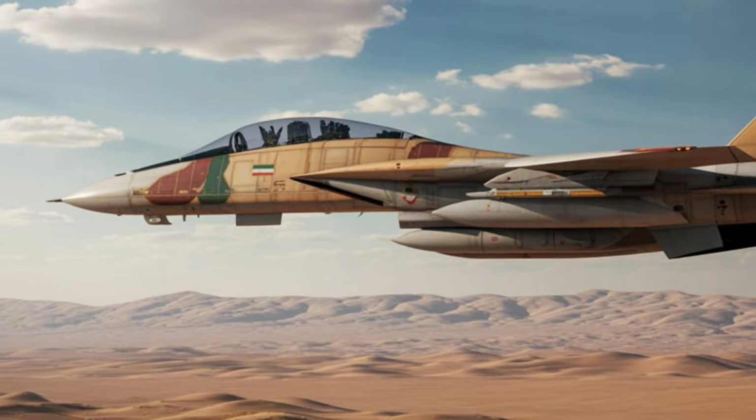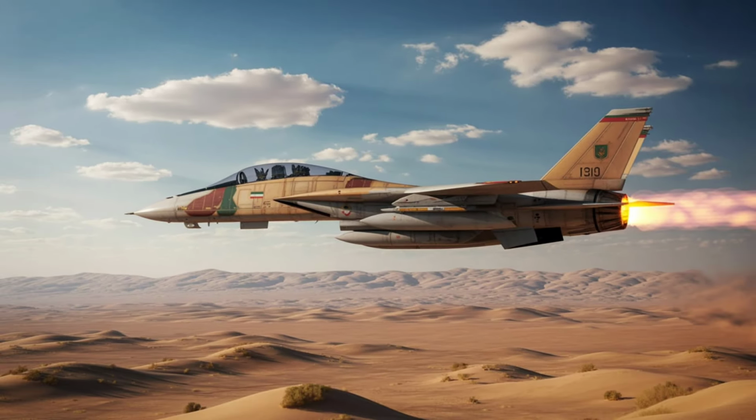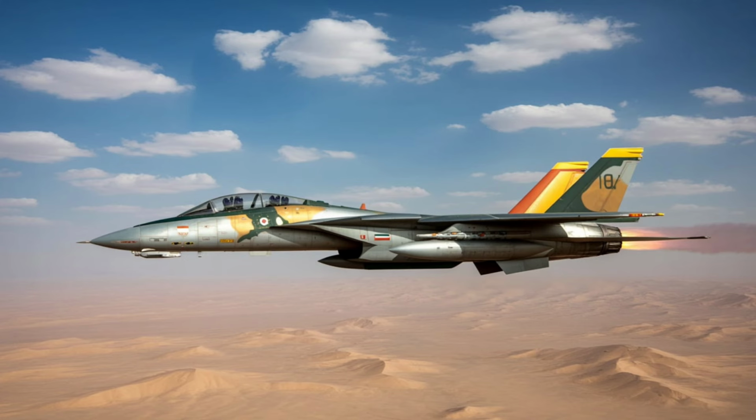The aircraft's shape is a masterpiece of Cold War engineering. Its swept-back wings, controlled by a variable geometry mechanism, allow it to adjust aerodynamic profile mid-flight, trading lift for speed or agility as needed. In the scene, the wings are swept back, suggesting the aircraft is flying at high speed. The long, pointed nose houses the radar system, once the AN/AWG-9, and now likely replaced or heavily modified